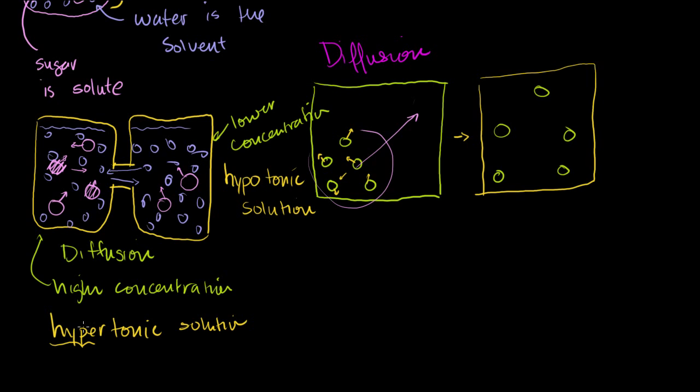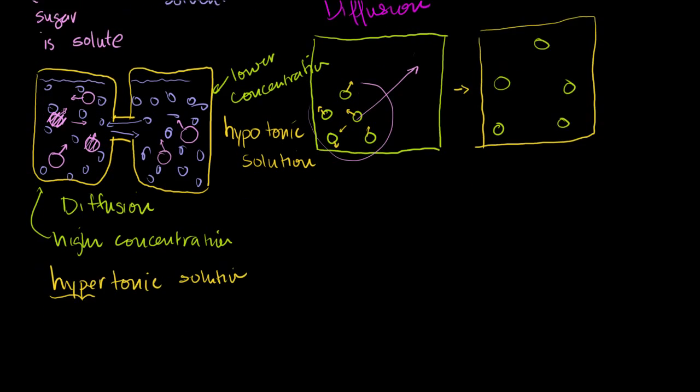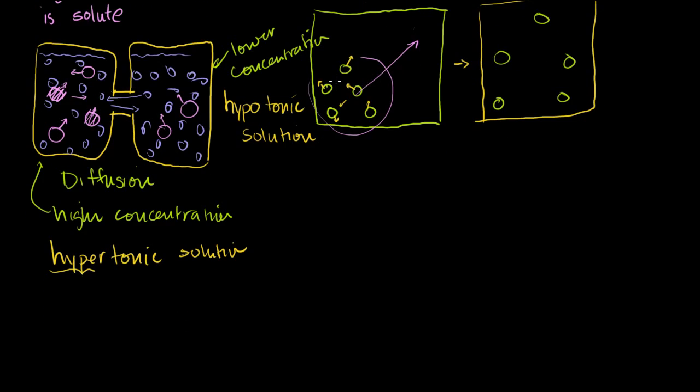But hypertonic, you have a lot of the solute, so you have high concentration. And then in hypotonic, not too much of the solute, so you have a low concentration. These are good words to know. So in general, diffusion, if there's no barriers to the diffusion, like we had here, you will have the solute go from a high concentration or hypertonic solution, if they can travel, to a hypotonic solution, where